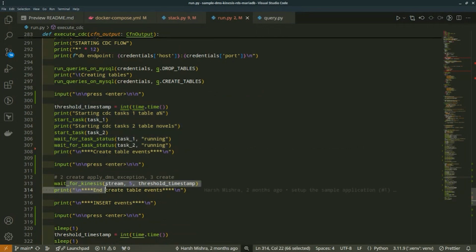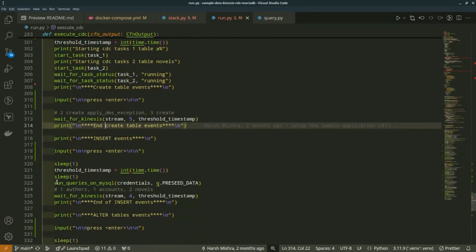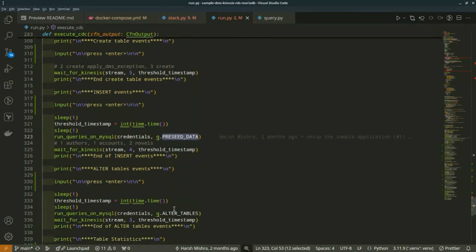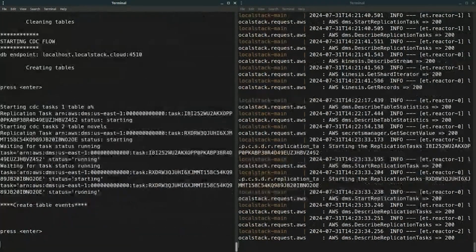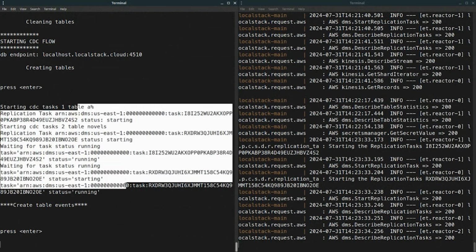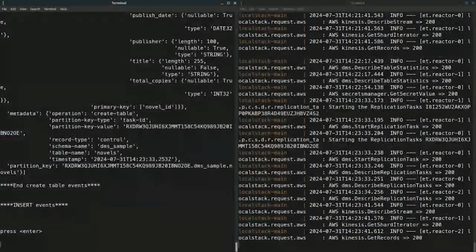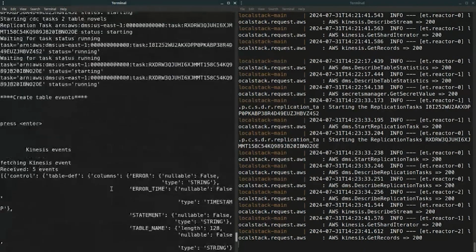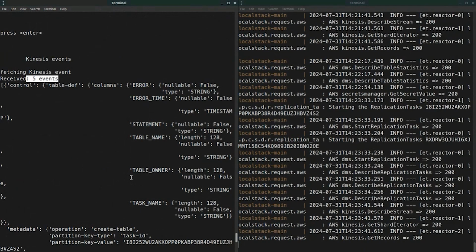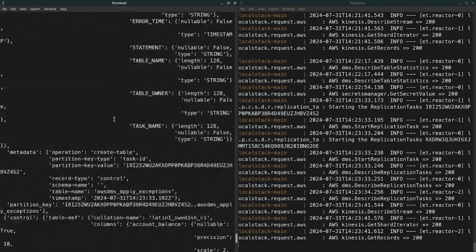And then as we later run queries, we'll seed some data into it and we'll alter some table. Then we will receive the Kinesis events as it goes. So here we see we created the table, and all of our tasks are running. Well, that was fast. So that is the Kinesis event we received. We received 5. So basically both task 1 and task 2 create a first